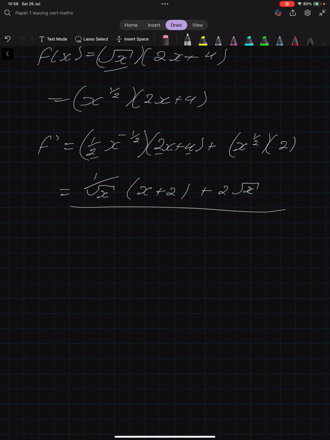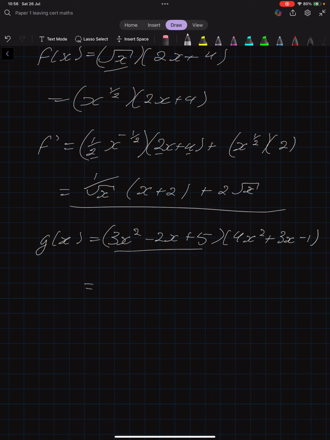I'll do another product rule. So let's say g of x is equal to 3x squared minus 2x plus 5 times 4x squared plus 3x minus 1. So again, differentiate this first. If I differentiate this, I'm going to get the 2 comes down, 2 times 3 is 6, minus 1 half the power, I'm left with 6. Differentiate minus 2x, I just get minus 2, because the 1 comes down and then minus 1 the power, so I get x to the power 0, which is just 1, so I'm just left with the minus 2. Differentiate 5, I get 0. So I'm just left with this,